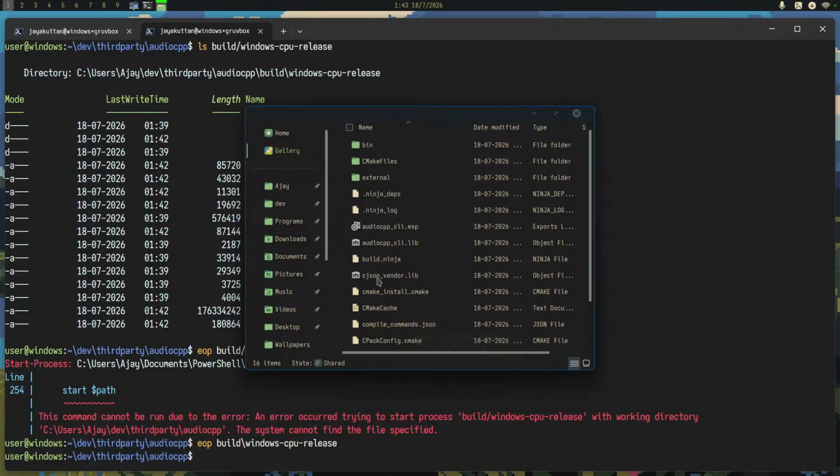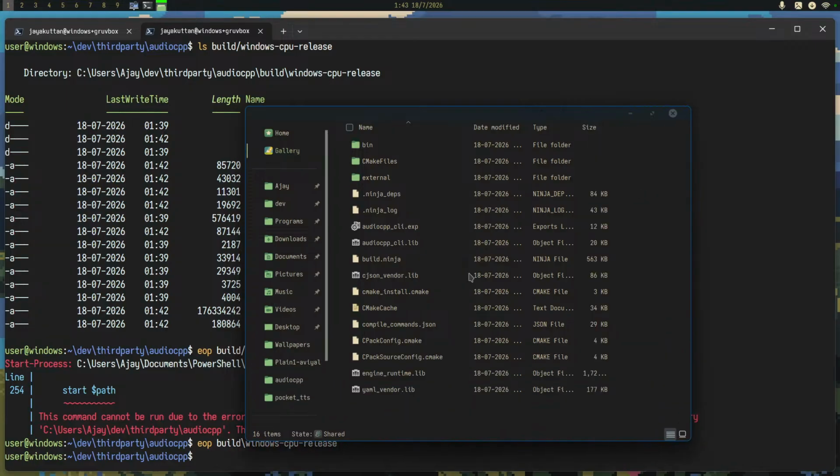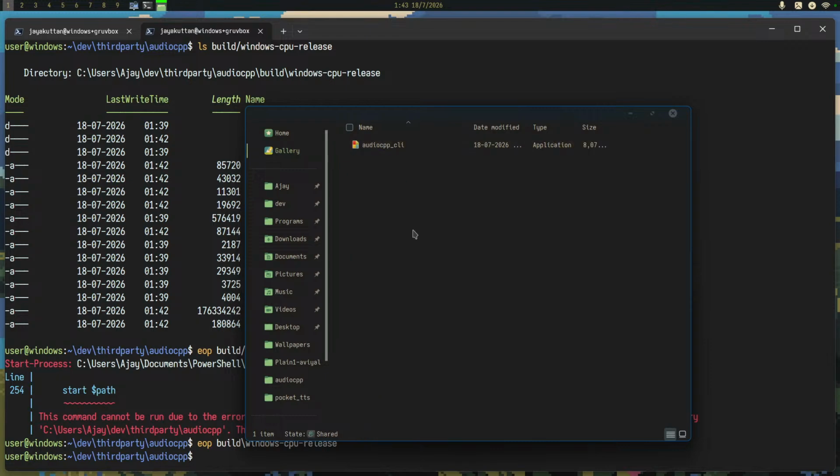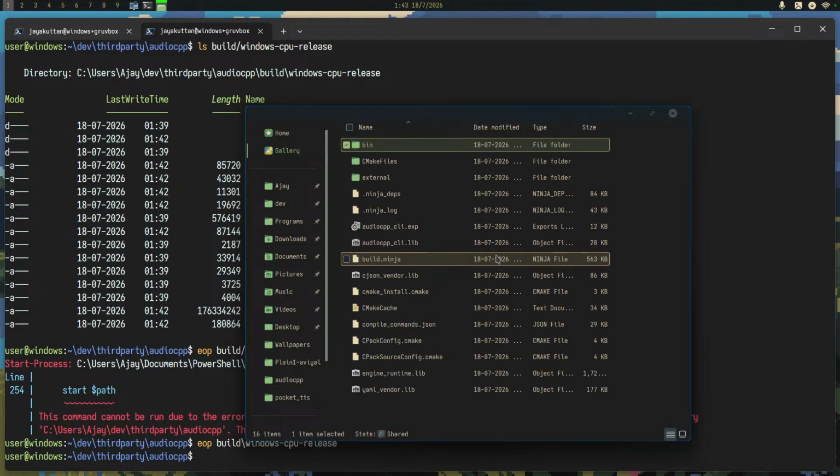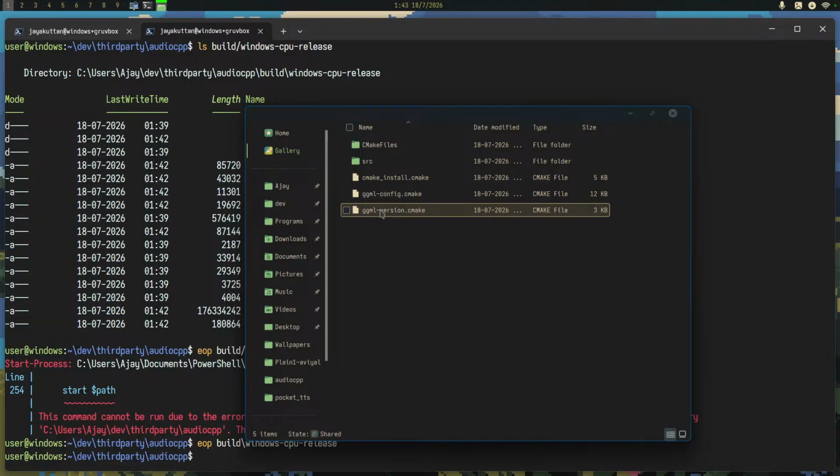So I'm quite curious. I think it's statically linked GGML. I think so. Or where is it actually? Or external?